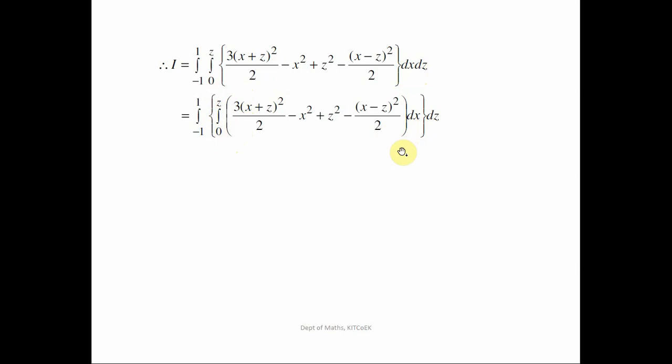So integrate term by term. So the integration of first term, 3 into (x plus z) bracket square upon 2. This term is of the form (ax plus b) raised to n, and we know that the integration of (ax plus b) raised to n is (ax plus b) raised to n plus 1 upon (n plus 1) into a. Here the coefficient of x is 1 and the power of that factor (x plus z) is 2. So its integration is (x plus z) raised to 3 upon 3, and 3 gets cancelled. So this first term is (x plus z) cube upon 2